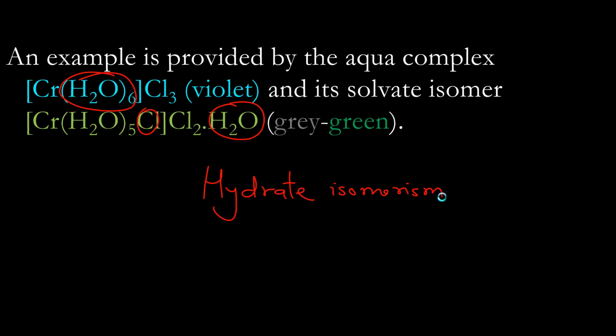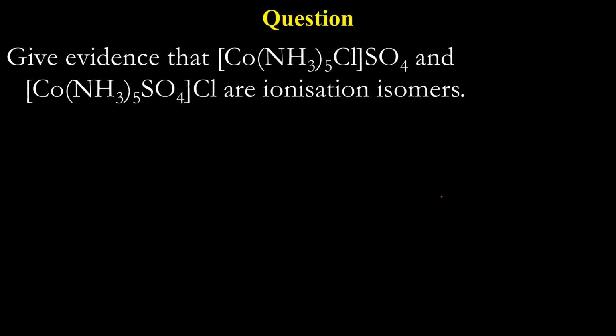So question. Give evidence that these two are ionization isomers. These are ionization isomers you can identify because the ions are different. Here you have SO4 outside, here you have chlorine outside, SO4 has gone inside. So how do you prove that? In this case, you know that only SO4 will get ionized, and in this case the anion will be Cl minus. So you have two different ions, and if you get these reacted with